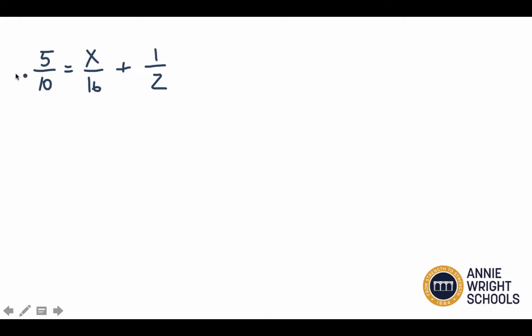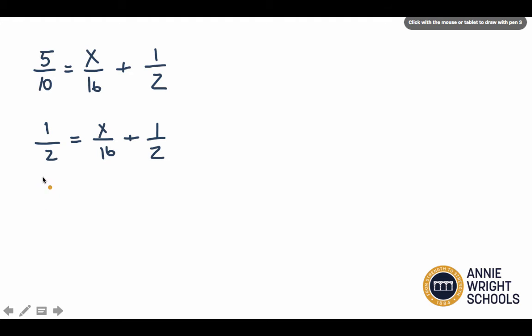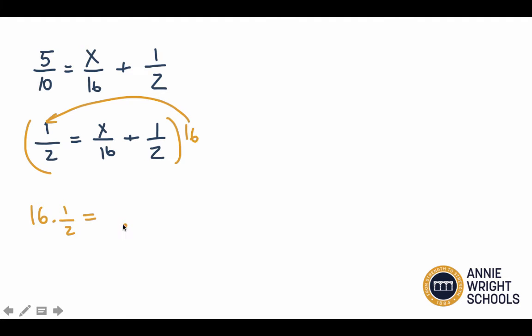So what I like to teach is, well, let's just get rid of everything. Let's just clear the fraction. And the way we clear the fraction is we multiply everything by the lowest common denominator. So the lowest common denominator between all of these terms ends up being 80. Well, actually, before I do that, I'm going to reduce. 1/2 equals x over 16 plus 1/2. Now the lowest common denominator is 16. If I multiply everything by 16, I would get 16 times 1/2 equals,